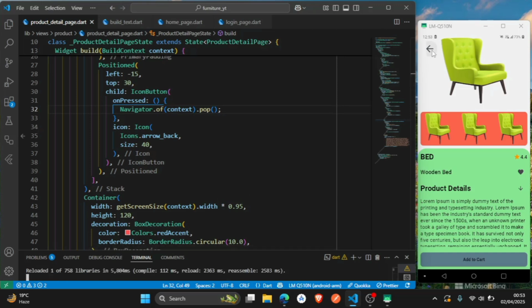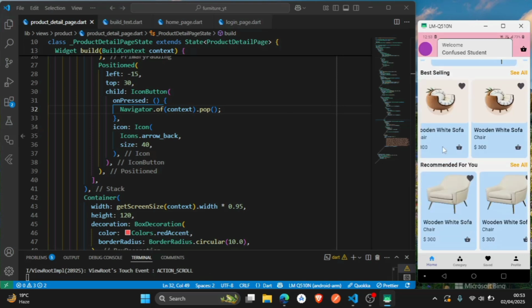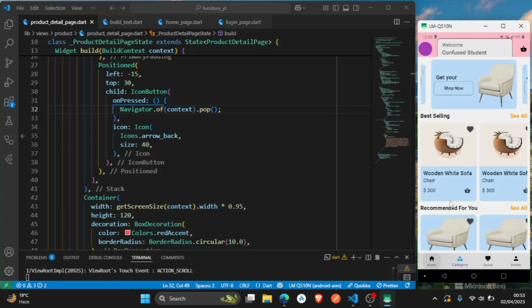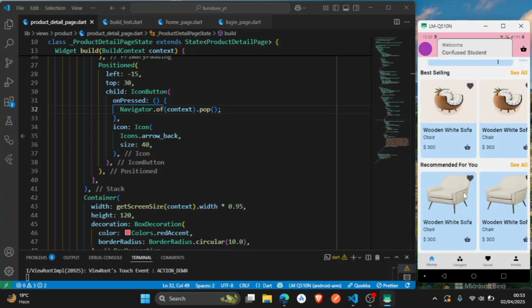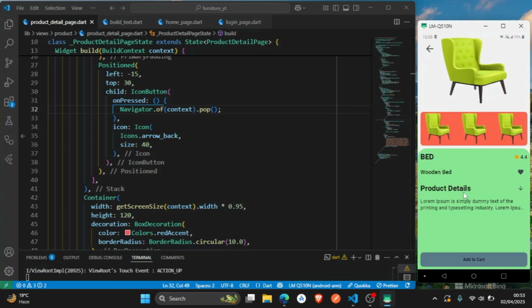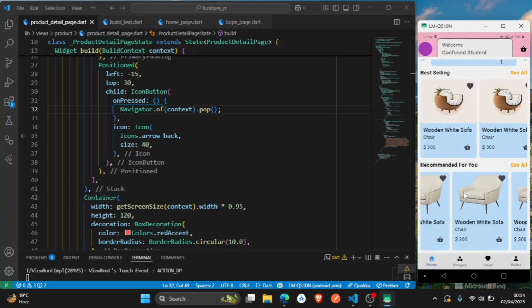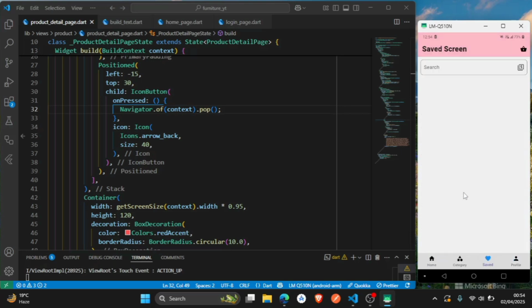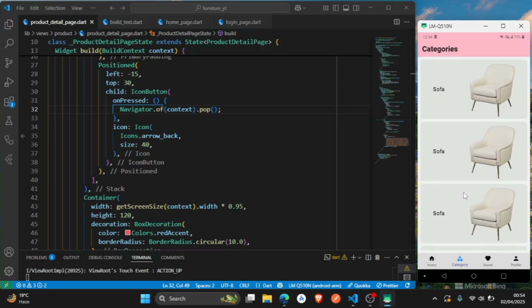So now here, arrow button. Now here what I want is, in the categories. Okay, so let me just view one thing. If we click on any of these products, we will be routed to the product detail page, and if we click on this arrow button, the product detail will be shown. And in profile, we have completed the UI of this profile page. And for the shape page also, currently we have finished it. And for the categories, if we click on these categories, the products must be shown. Okay, so